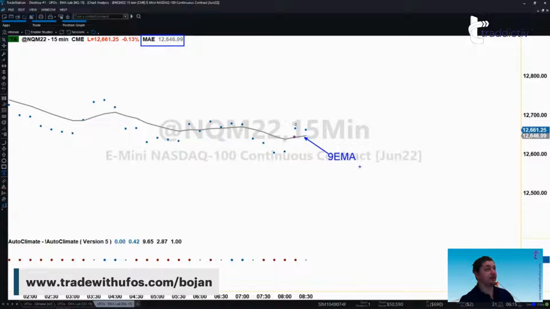This 9 moving average is kind of giving us an indication of where the market may be coming up to. And once it touches that EMA, we're expecting some sort of a bounce. Well, right now, it touched it right there, right? The market, again, remember this kind of goes like that, right? It's not recording the wiggles of the candle when you're looking at these dots only. But at this point, right, we did have a cross right there in the moving average. We did have a touch, so therefore it made sense for us to take this to the short side.